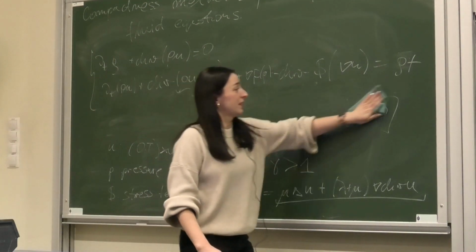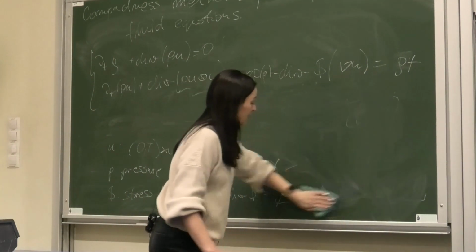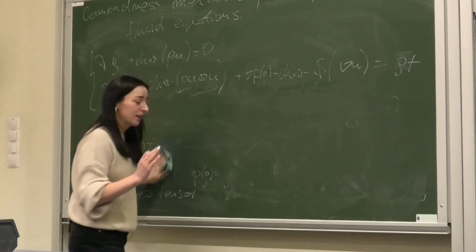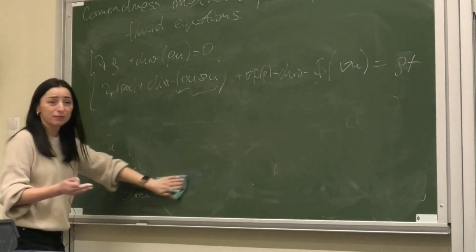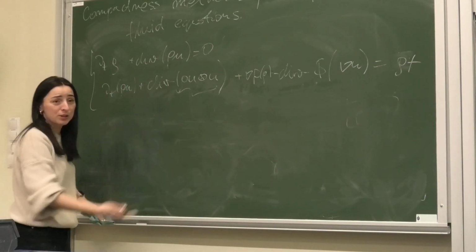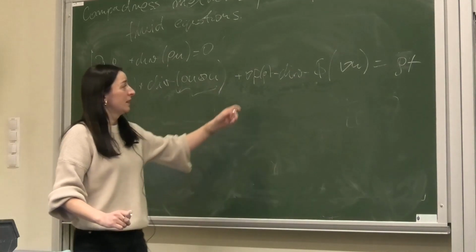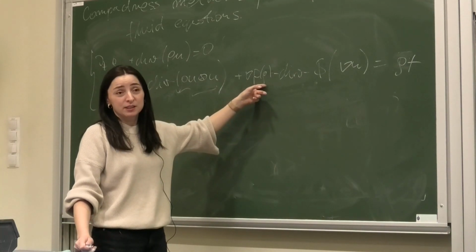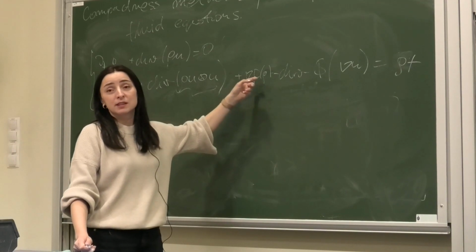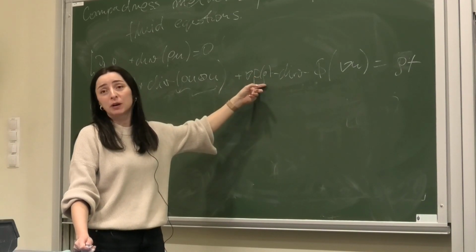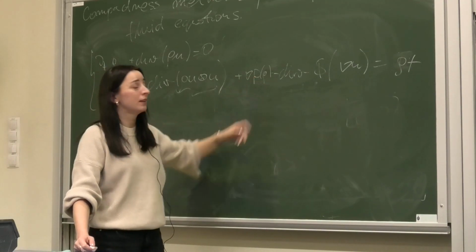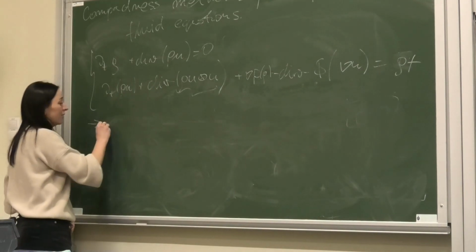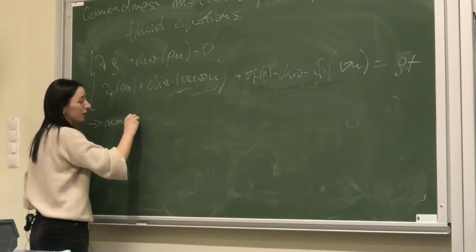Second problem is, I'm very particular about the form of the functions that I took of the pressure and the stress tensor, right? Second problem that was partially answered was what happens if this pressure is not rho power gamma? What can go wrong? Well, in particular, if this is non-monotone